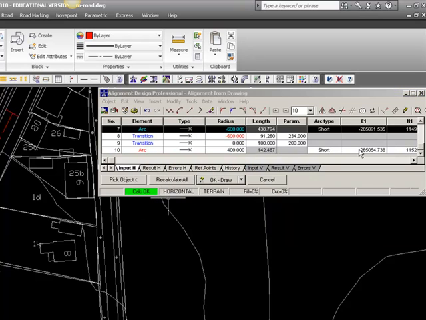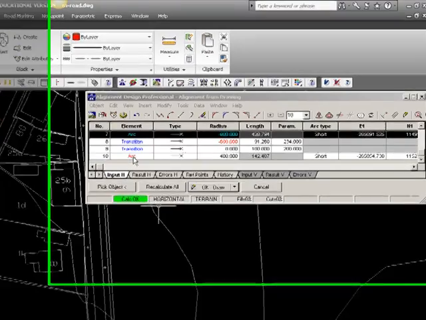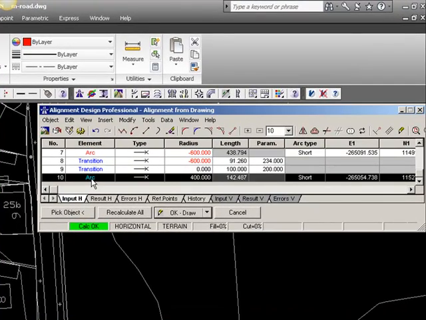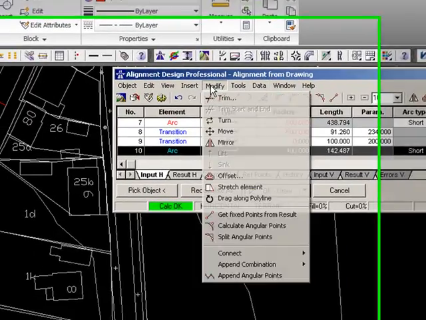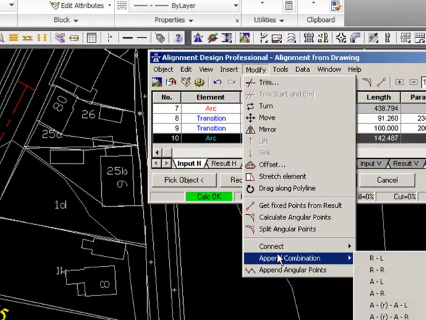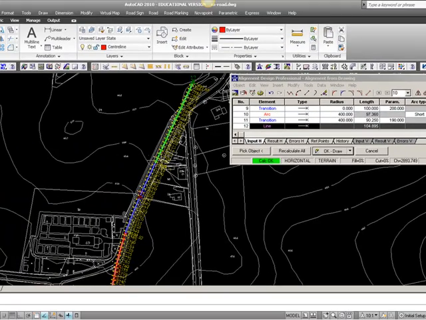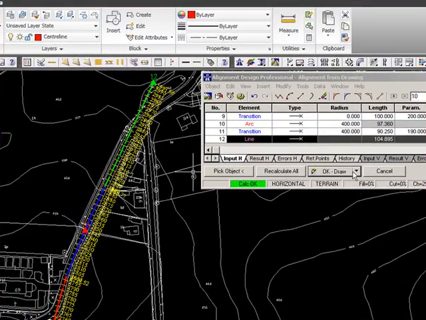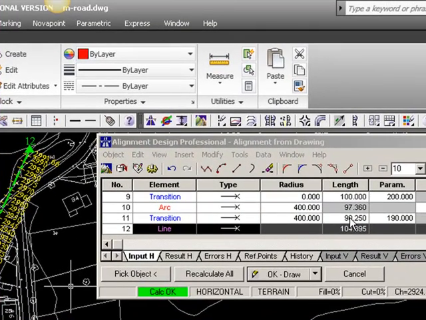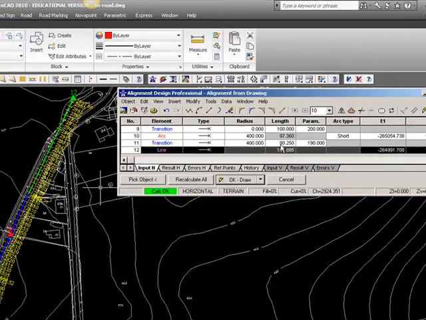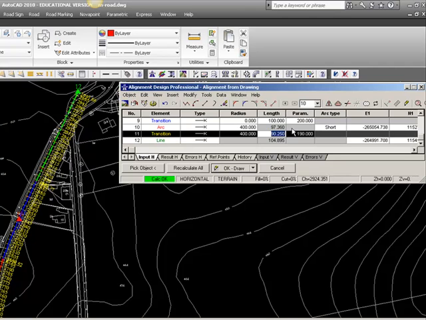Before I insert the next element, I need to be sure that I am in or on the last element of the alignment. Otherwise it will just try and put it in the middle, and that's not good. So modify, append combination AL, and I can see now that this is much too big. I would like my transition curve to be much smaller. I will just go and change the length to 40,